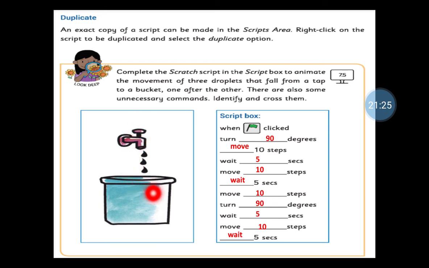This is the example, this is the theme. For this theme you have to write the code. This is called code or script here. So you have to complete the script. They have given some blanks that you have to complete. I have already completed it. You just see this, pause the video and complete this activity.